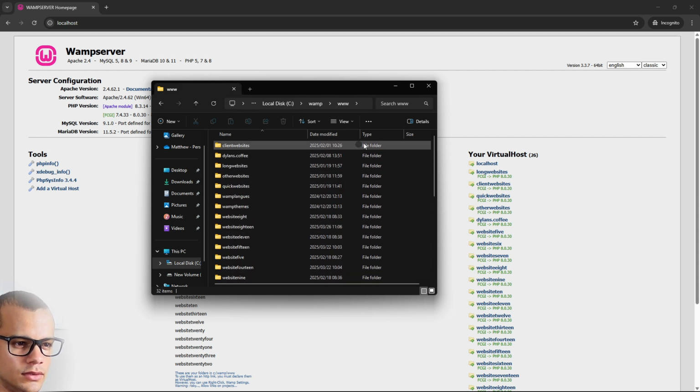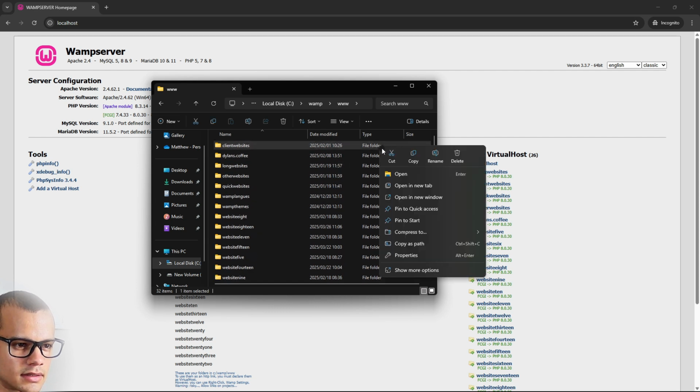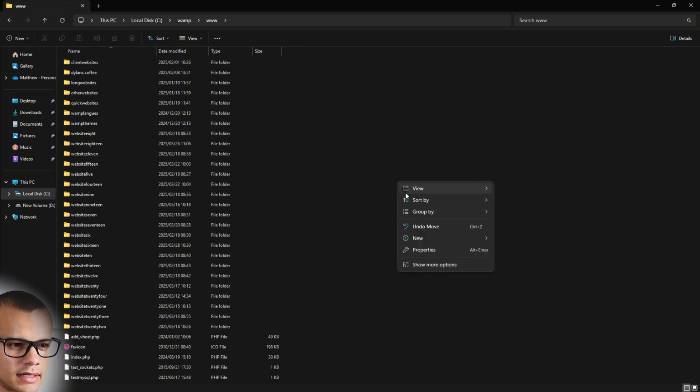So if I want a new one, I'm just going to right click in this open space and then click new